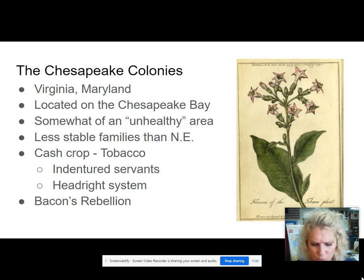Also, the social expectations of that area, or just the social issues of that area, made it more of an unhealthy place to live as well. Interestingly, there were more out of wedlock births in this area, and largely it probably was because of indentured servants. And you recall from the previous videos that indentured servants were brought over from England through the headright system, and the farmers that could afford to do so paid for these indentured servants' passage across the Atlantic. And then these indentured servants were to serve these people that paid for their crossing for 3